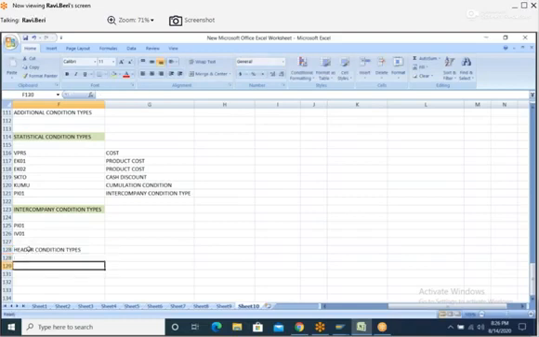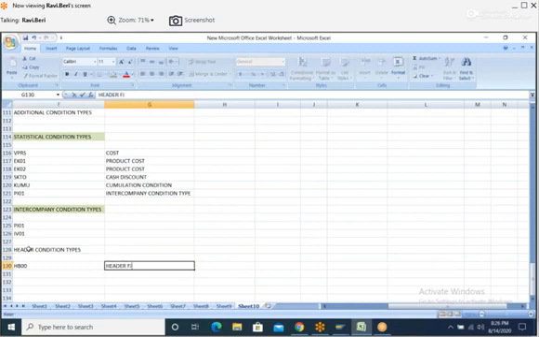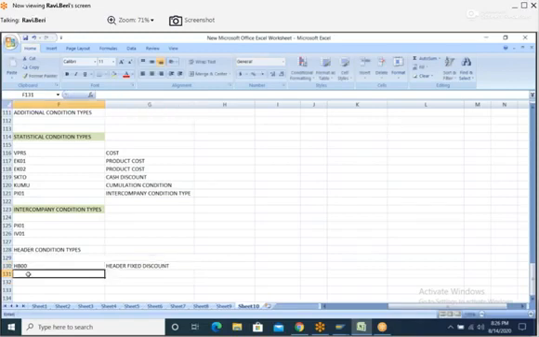Next, header condition types. This we already discussed. HB00, header fixed discount, and we discussed how to place it also. These two we will discuss in the intercompany process, not at present. We already know SKTO from the start.